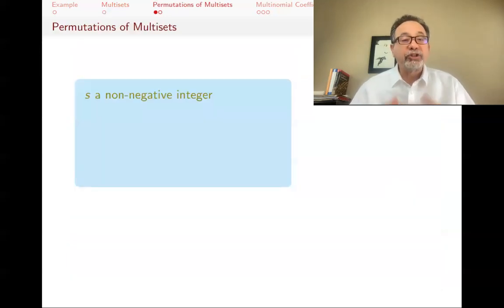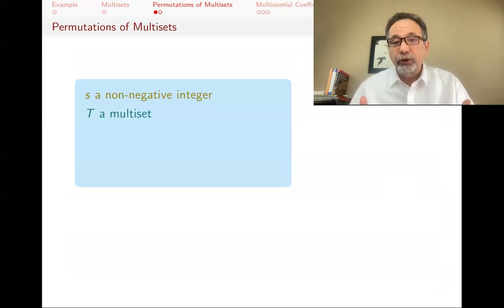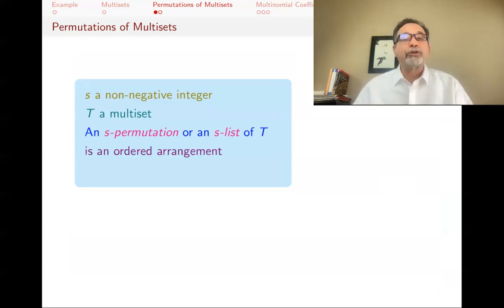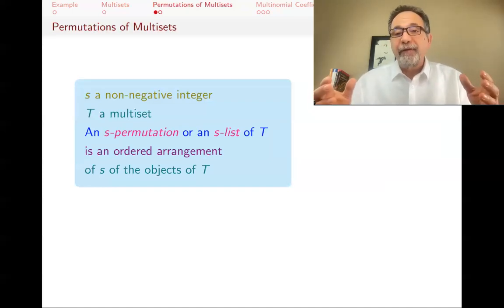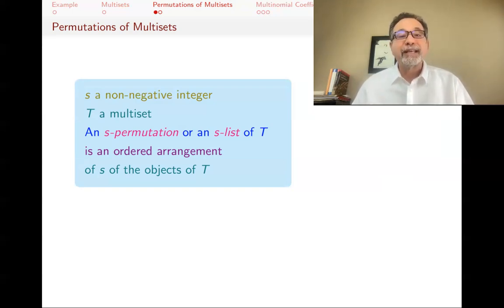Okay, now let's talk about permutations of multisets. In a previous video, we did talk about permutations of a set when there's no repetitions. Now we are allowing repetitions. So S a non-negative integer, now you have a multiset T, a bunch of elements, but some of them repeated. And an S-permutation or an S-list of T means that you pick S of the elements of that multiset and write them in order. So it's an ordered arrangement of S of the objects of T. And again, there might be repeats depending on what the objects of T are and what